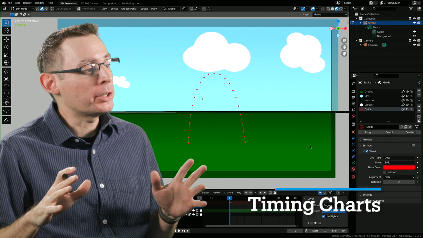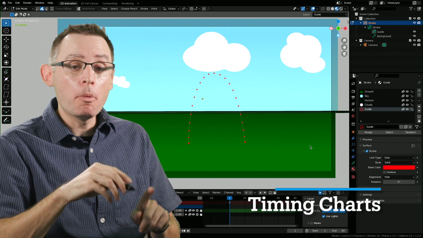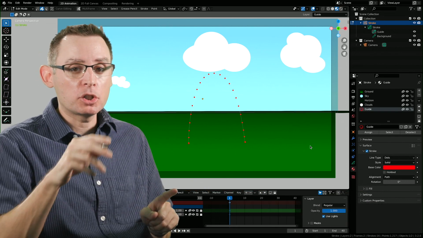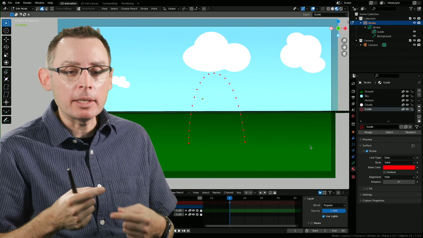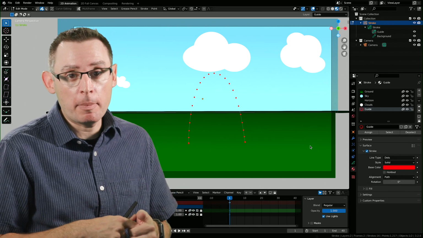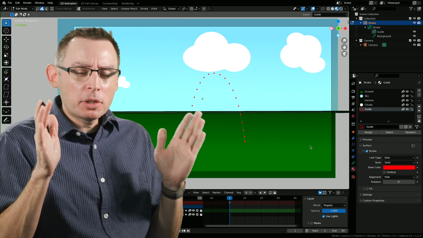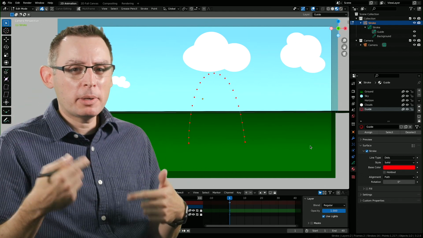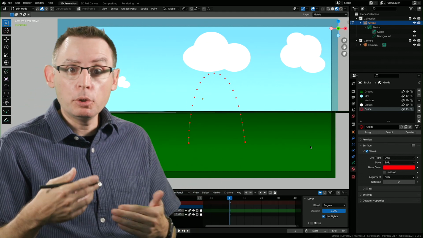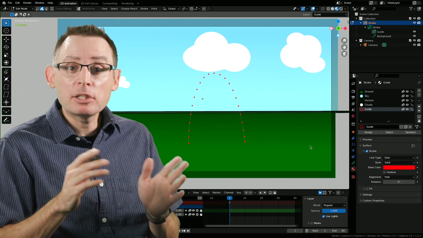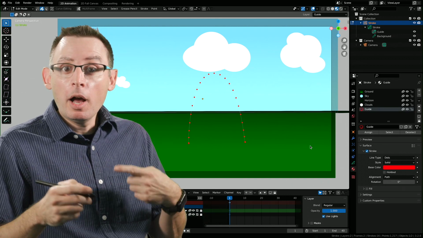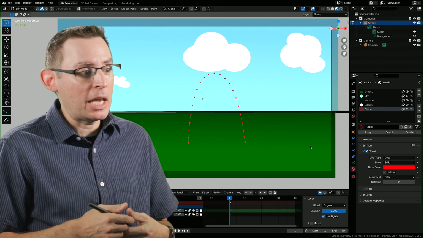Now that we have a really good understanding of the movement path, of the motion path of our ball as it takes our jump, let's figure out the timing, the speed in which this animation is going to take place. At the moment, we have a really good idea of how it's going to look and feel in my imagination, but I need to start prototyping and blueprinting the speed. And these little timing charts do a great job of us very quickly getting to that end result.